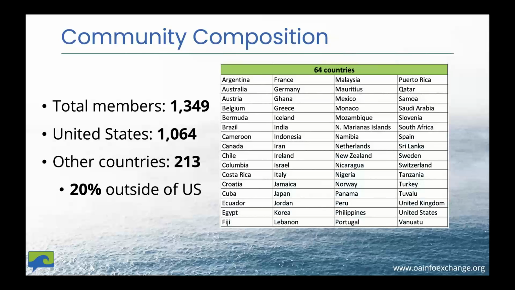What's really amazing is that when the site started, we were just trying to think about how to get it going. We weren't thinking about the kind of outreach that we're doing, and really, luckily, people from outside the United States began finding the site right away. So at this point, 2 and whatever years in, we have about 1,000 people based in the US, and then 20% of the rest of the members are based in 63 other countries, which is a fantastic international community. And I'm really glad that we're able to break down at least the geographic part of this barrier.